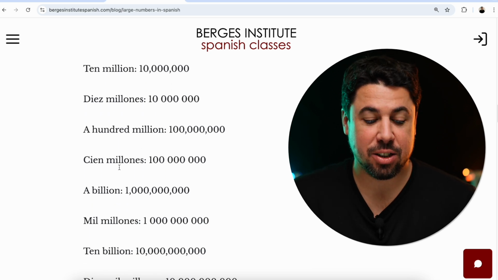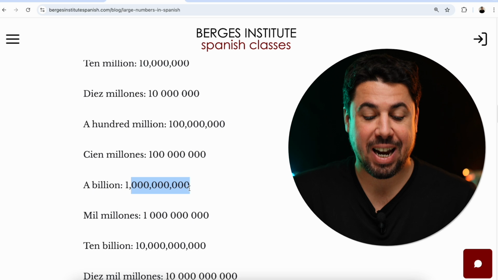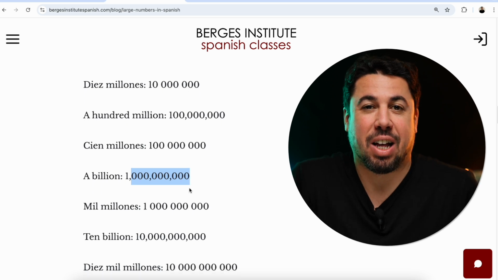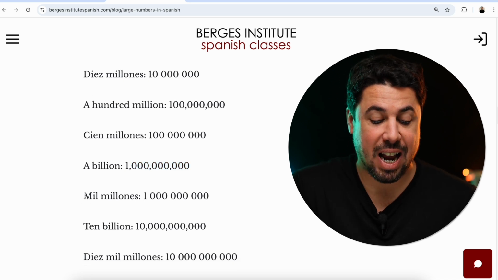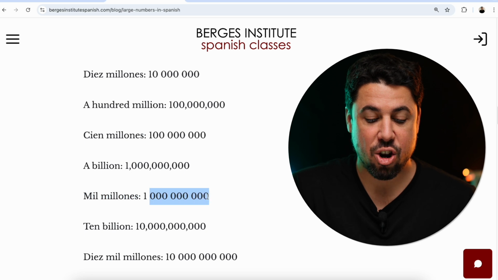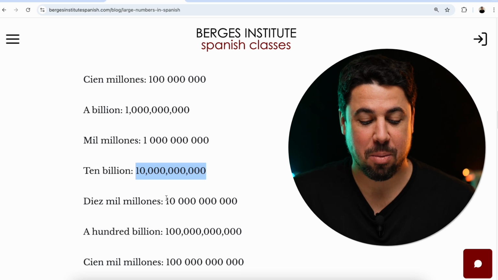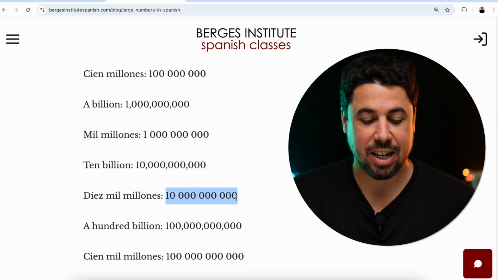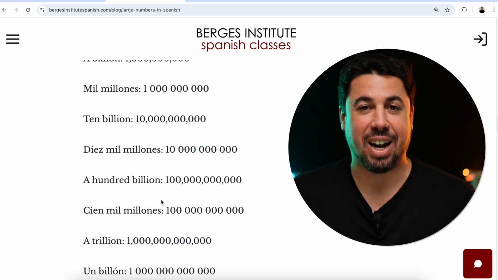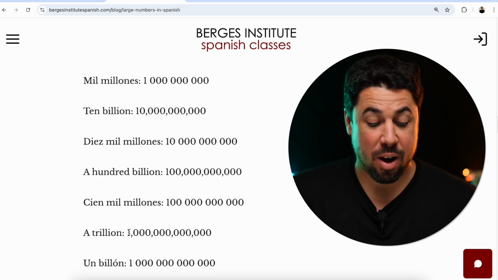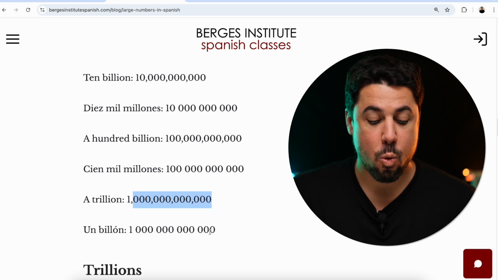But after that, in English, we switch to a billion or 1 billion. So we have a 1 followed by 9 zeros. It's the same as 1,000 million, but we don't call it 1,000 million in English. We call it a billion. In Spanish, we call that 1,000 million, mil millones. What we call 10 billion in English, we call that in Spanish 10,000 million, 10,000 millones. 100 billion, we call that 100,000 millones, 100,000 million. And then what we call a trillion in English, which is a 1 followed by 12 zeros, we call that